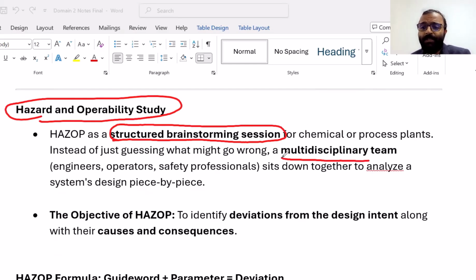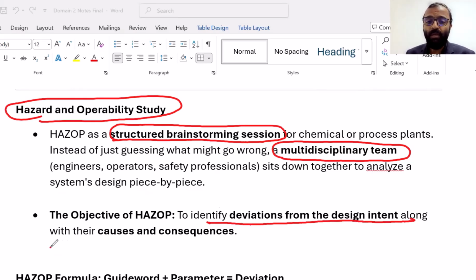This is actually a multidisciplinary team. You will be having multiple disciplines. Not only chemical people, you will be asking the safety people to join. You will be asking the engineers, operators, workers. Everyone will come together and then they will be telling, sir, this will happen if this fails. So everyone will be contributing their own knowledge for that. That is HAZOP. The objective of this HAZOP is to identify deviation from design intent along with the cause